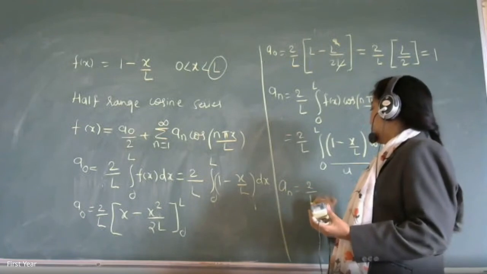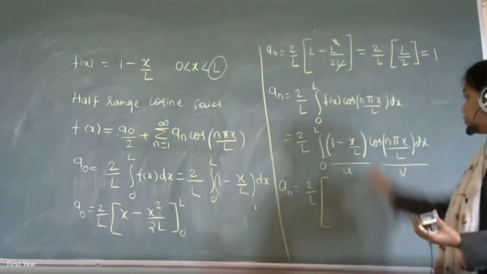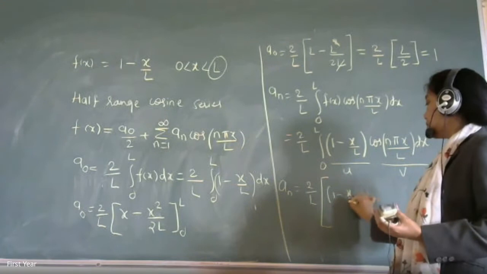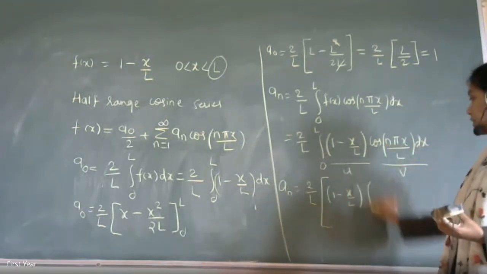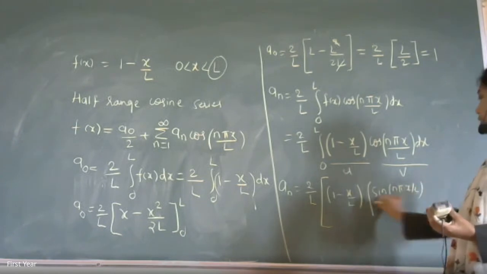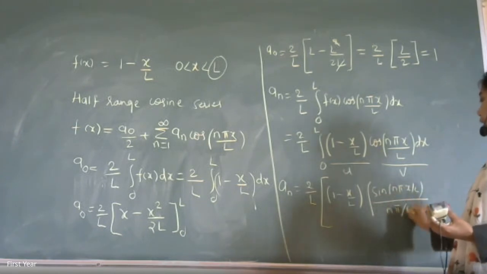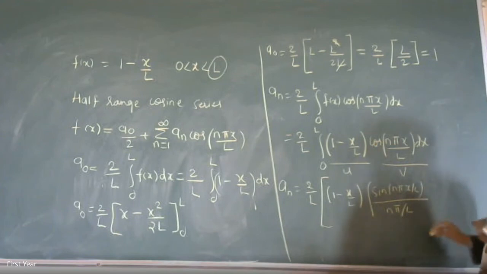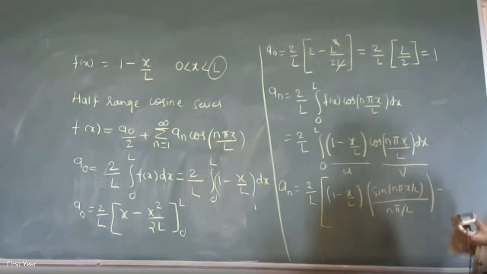So 2 by L outside. What's the formula? u dv: first integration of cos, that is sine of n pi x by L divided by n pi by L. x won't come after this again. Close this. Minus